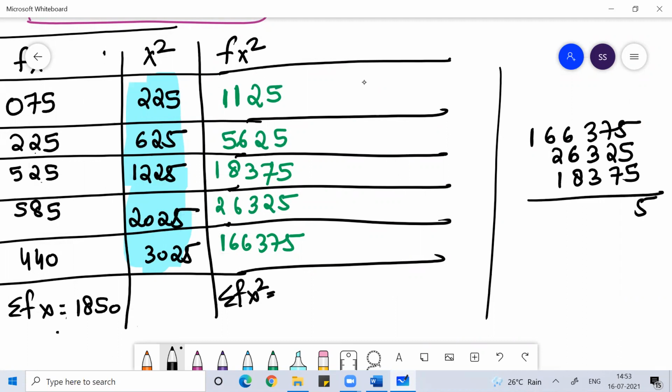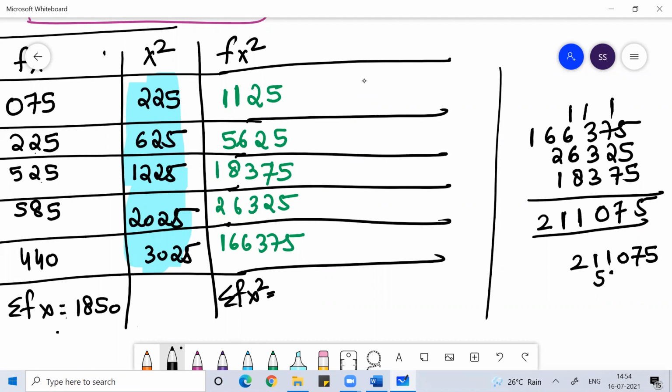This is 15, 1 carry. 14, 16, 17, 1 carry. 3, 6, 9, 10, 1 carry. Then 12, 20, 21, 2 carry. 6, 8, 10, 11, 1 carry. 211075. Okay.